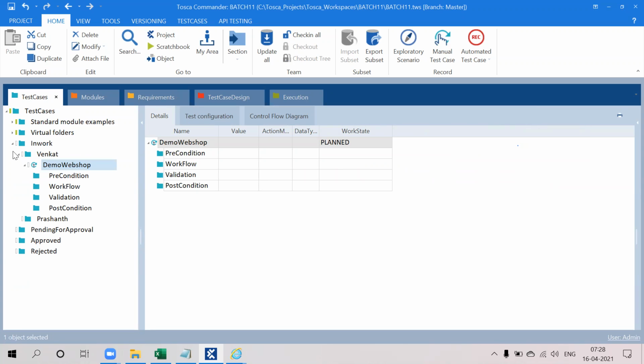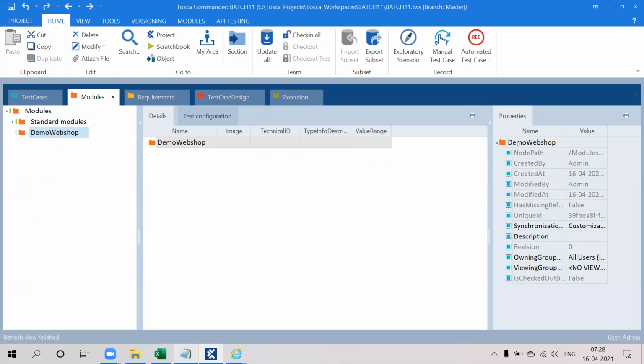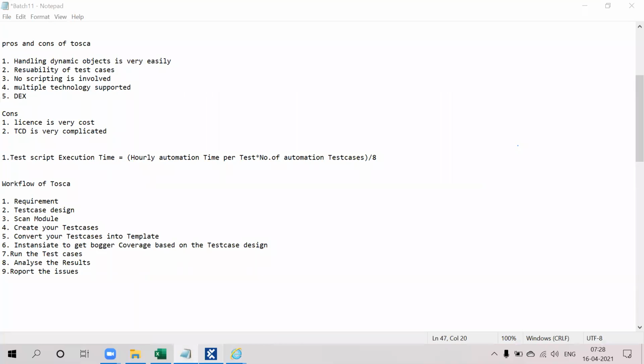Here I just want to show you how to scan and how we can build the test case. I'll show you some sample test cases.